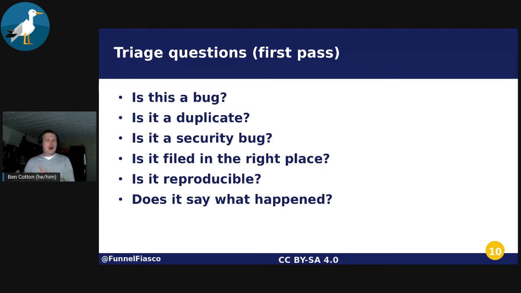We figure out what categories things fit in. And so in our first pass, you ask questions like, is this a bug? Because bug trackers often have things that aren't bugs. They might be enhancement requests, and those might be valid things to put in there. It might be things like,